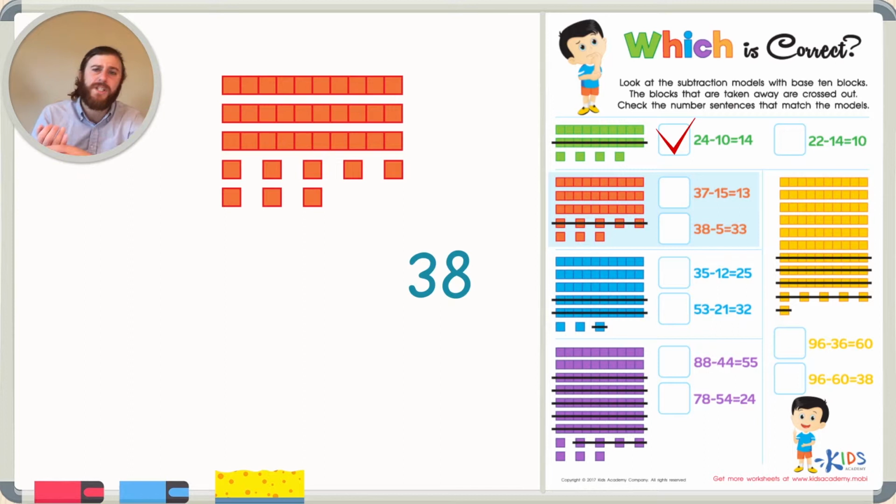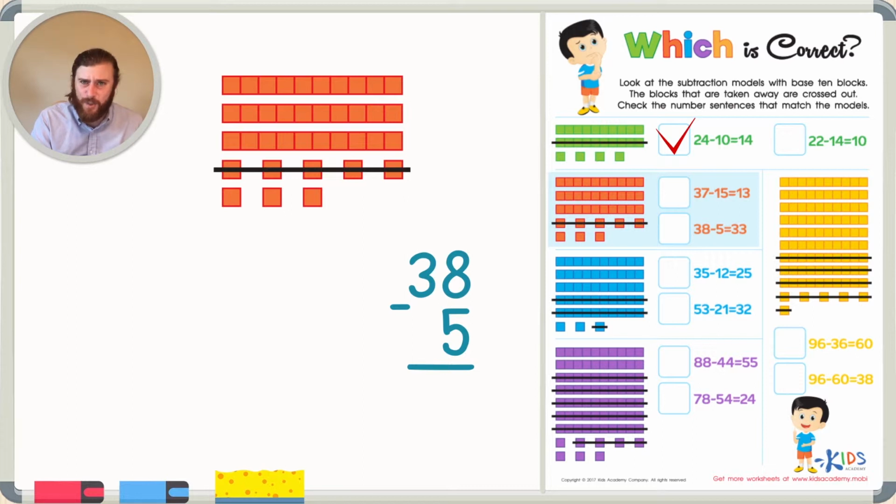Now, how many are we taking away? How many cubes have been crossed out? Well, we can see that there's 5 cubes crossed out. So we want to take away 5 from 38. Well, that's easy when you line up the numbers and put the numbers in their right place. Because we have 5 ones, we put 5 in the ones place,